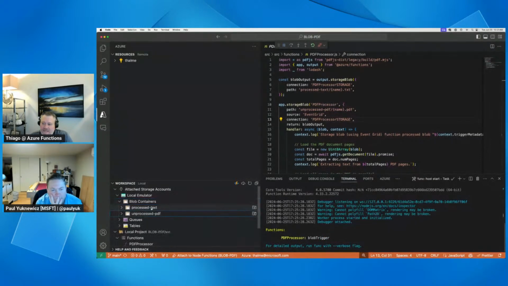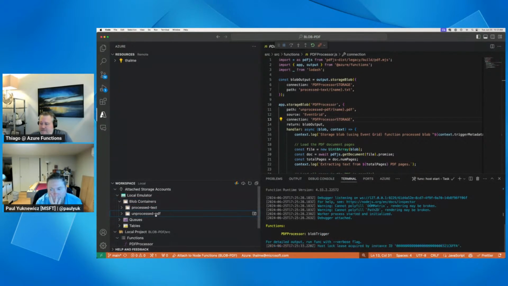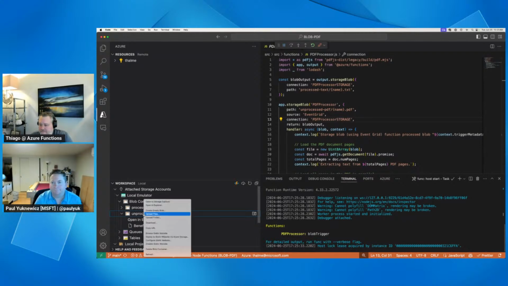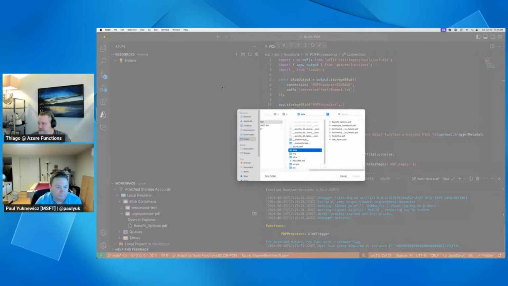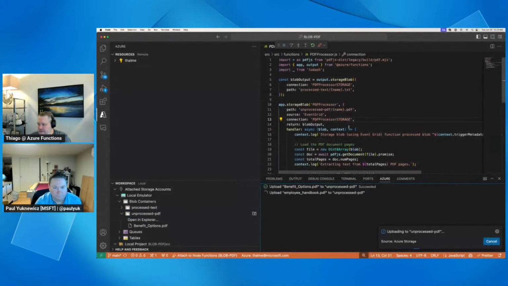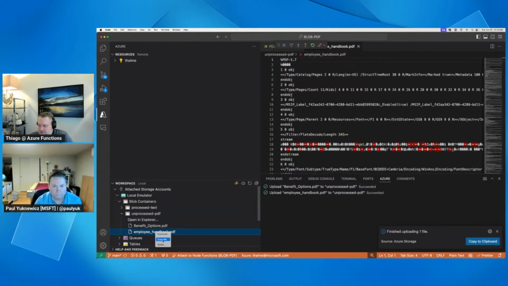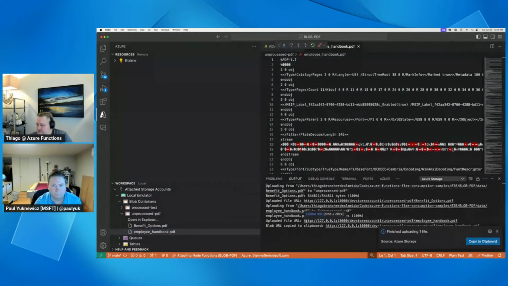One is processed text and one is unprocessed PDF. I can upload a new file to the unprocessed PDF here. Let me see, employee handbook, for example. And it's there. I'll copy the URL to that unprocessed PDF employee handbook here. I just need the name.